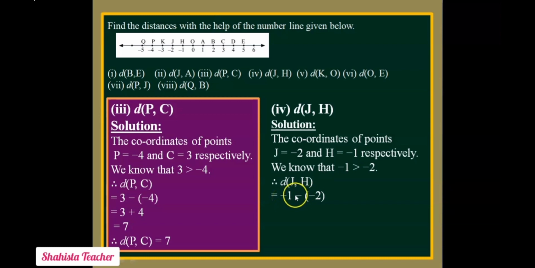Then this sign is for distance. We are calculating here distance now. For that we have to put here minus sign. And inside the bracket here we will write -2. So now here -1 minus minus become +2. So now -1 plus 2. Here -1 plus 2. Now minus into plus minus. So 2 minus 1 give us +1.